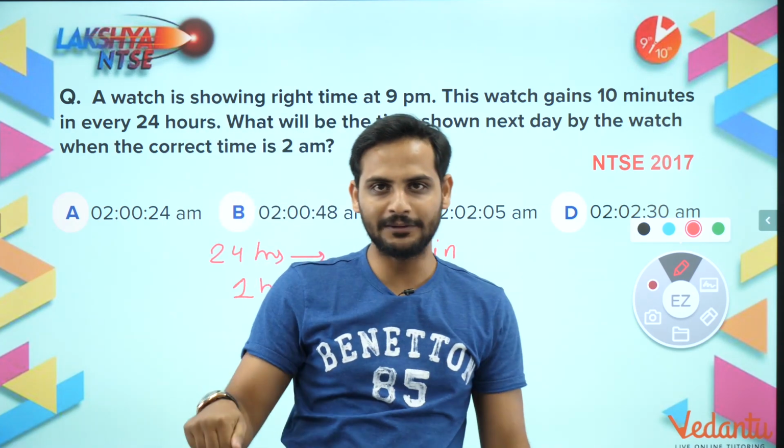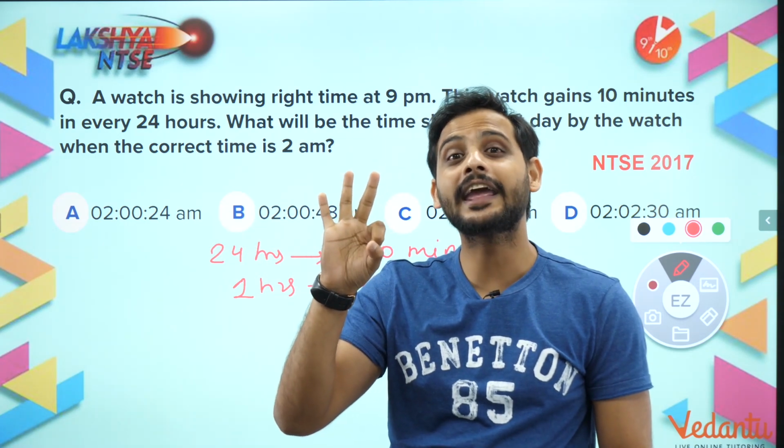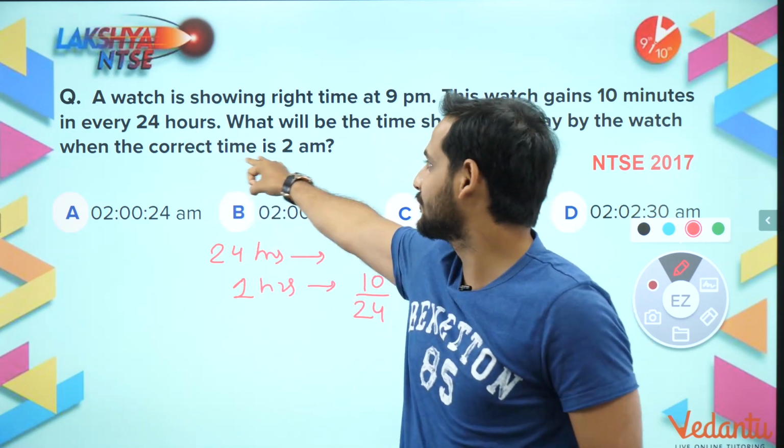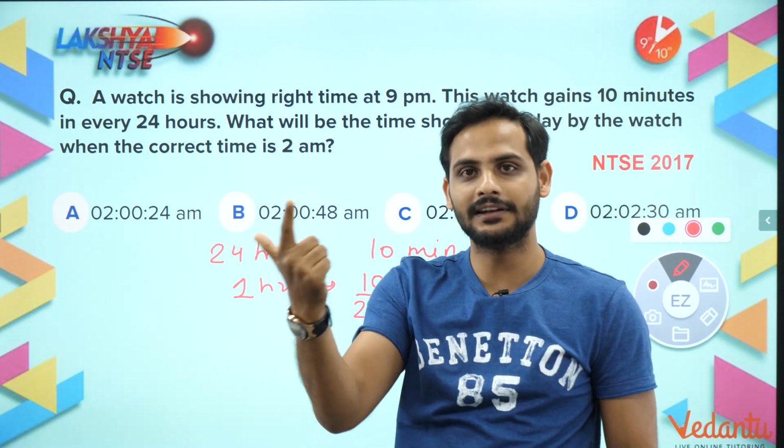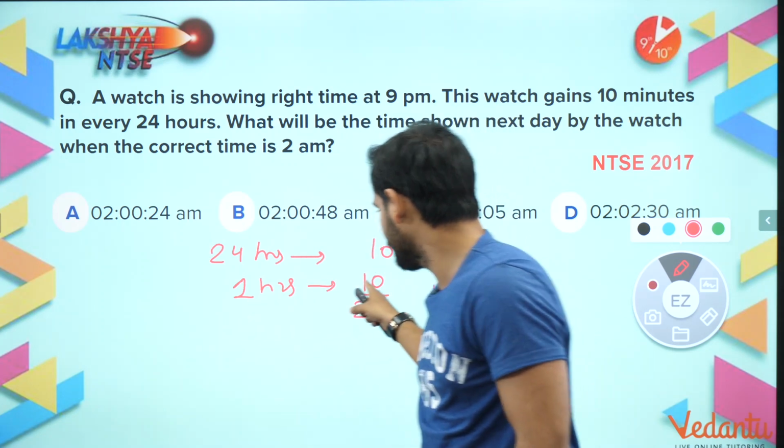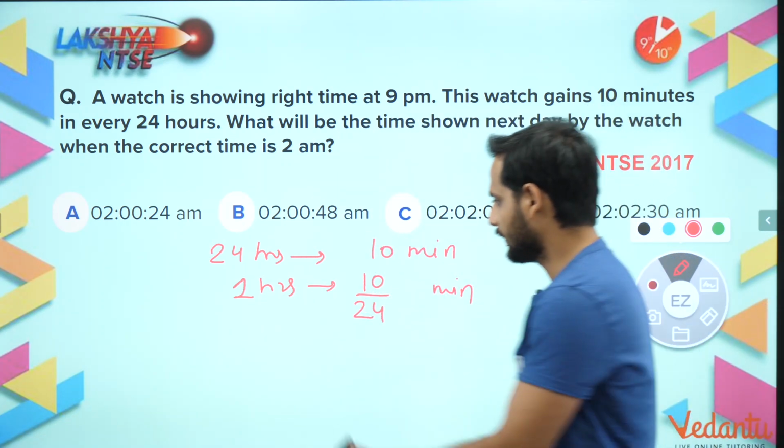So today is 9 p.m., bachcho. 10 p.m., 11 p.m., 12 a.m. midnight. So this is 2 a.m., early morning 2 a.m. So 12, 1 and 2. How many hours have passed? 10, 11, 12, 1, 2. 5 hours have passed. So in 1 hour, if it is gaining 10 by 24 minutes, in 5 hours, how